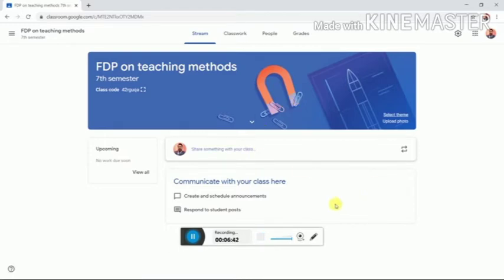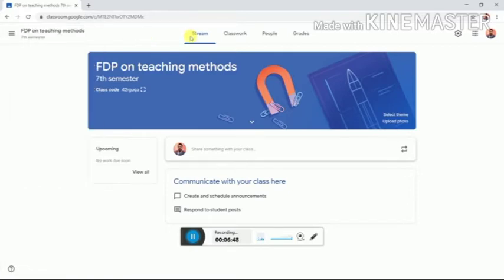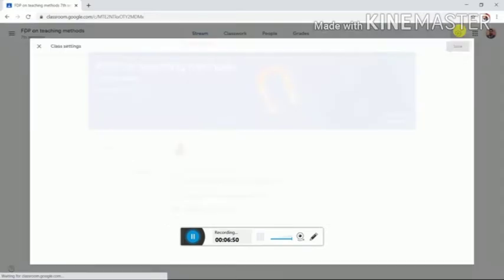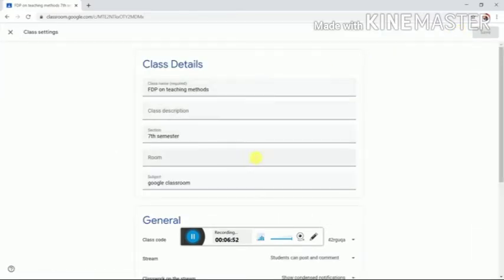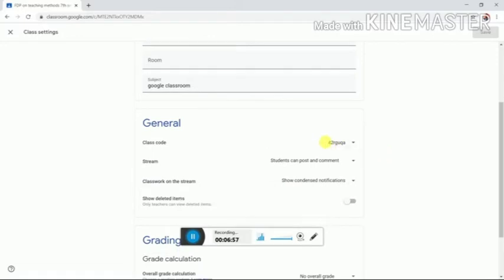Then you have to go to settings. See here, the setting is there. Go to settings. In the settings, it will show the class code. Then here, whether the students can post and comment, or only students can comment, or only the teacher can post anything and comment, those can be selected based on your choice.